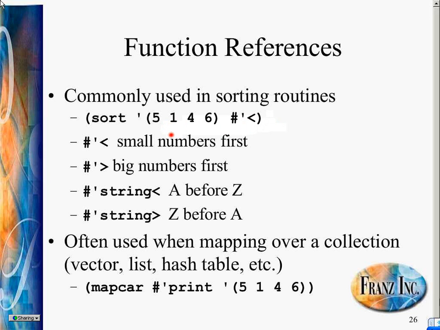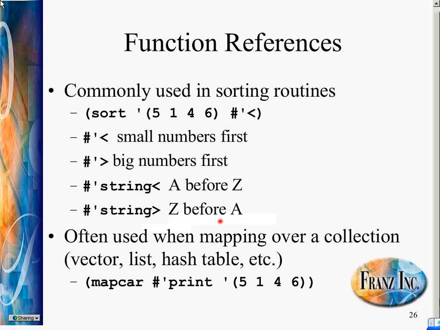If it returns nil, as it will with 5 and 1, it says they're in the incorrect order, and it will reorganize those two. So when you're using sort, less than, smallest numbers first, greater than, biggest numbers first, string less than, A before Z, string greater than, Z before A, and